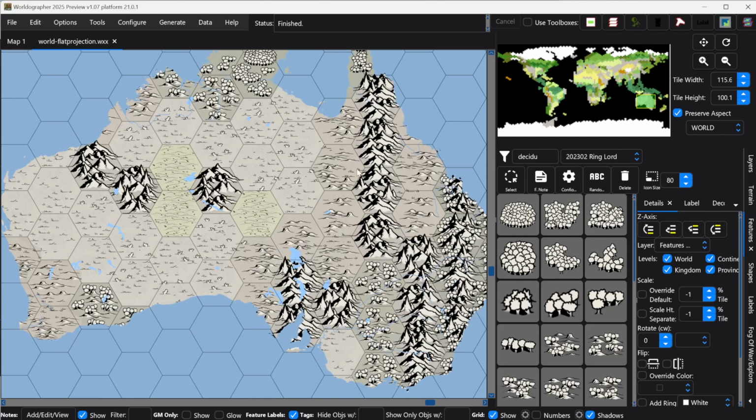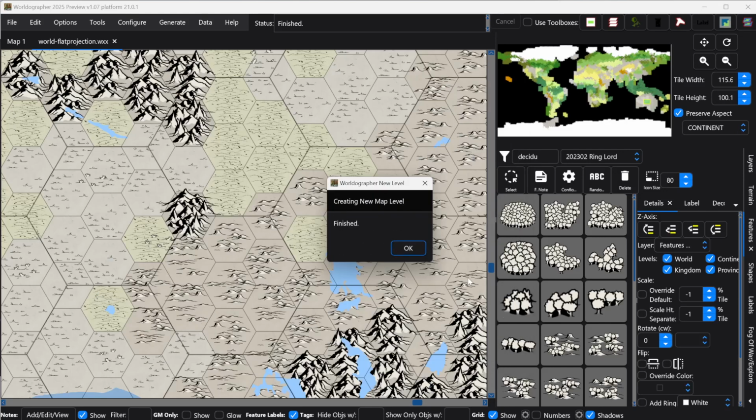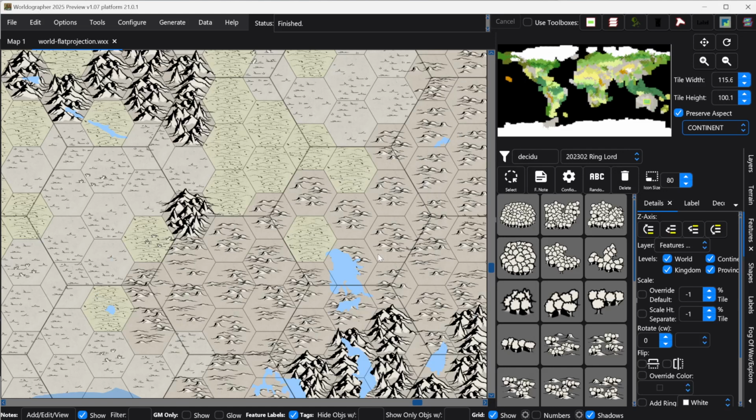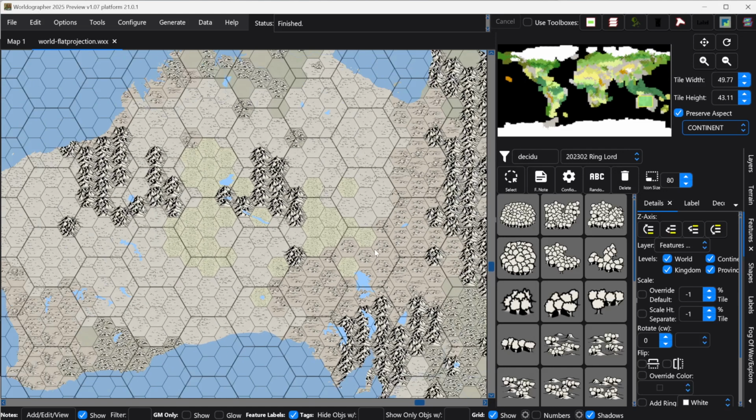One last thing I can show you is that we do also have the functionality to do kind of drill down with your map and add more detail, and so we can do a continent scale map. Now I'm going to keep this small, so I'm going to just do a 3:1 map level for our second level here. Hit OK, and what it's doing is it's going through all the stuff that we had placed before,